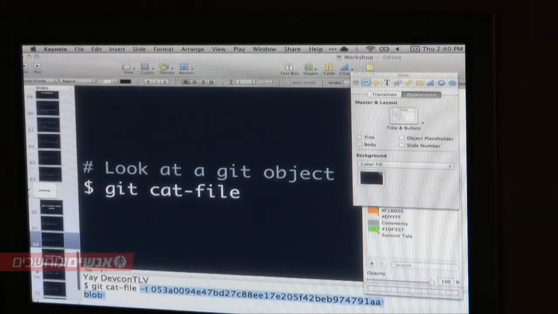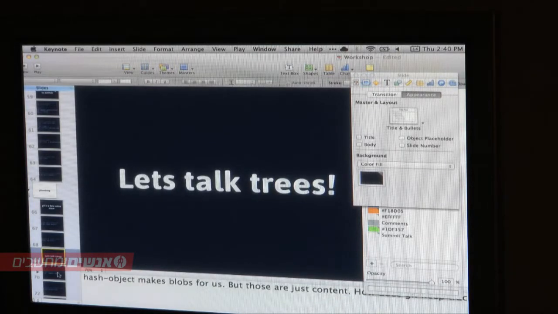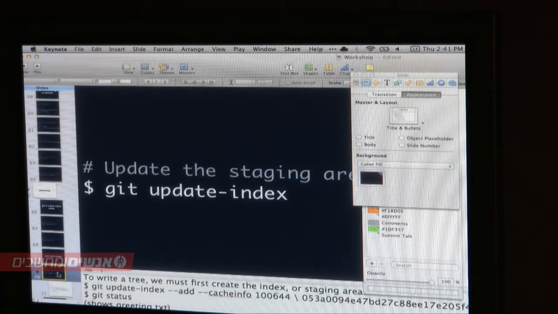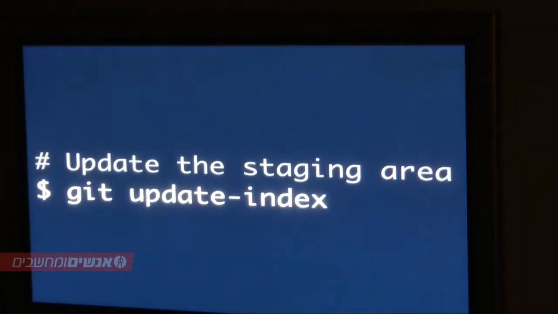So we want to talk about some trees, because really hash-object doesn't even know the file name. It just knows the content of a file. So we want to use update-index, which will actually update our staging area, and that's how we can make a tree. All trees through Git are usually made through the index. That's kind of why the staging area exists, other than its actual use case. But conceptually or theoretically, on the lower level, that's why it actually exists.